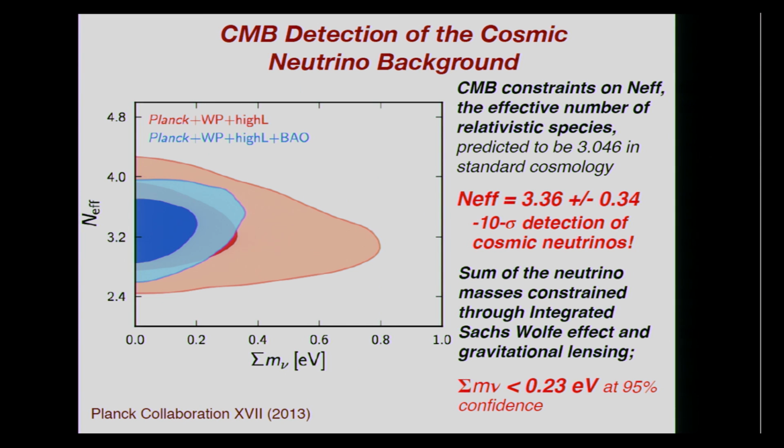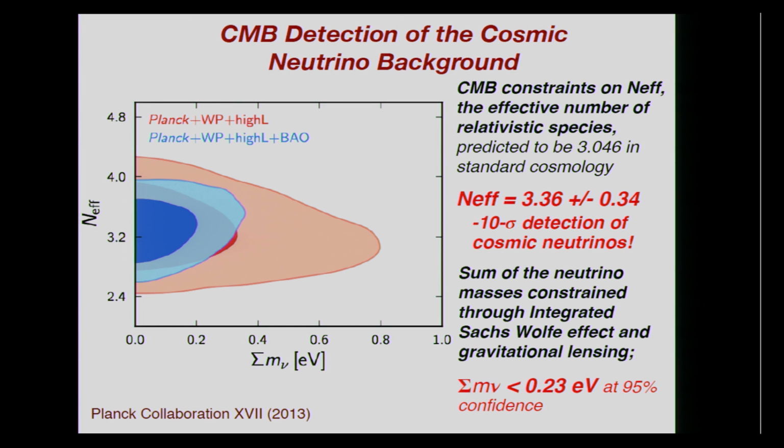And this is showing now the Planck constraints. We typically characterize the constraints with this N_eff parameter, which is the effective number of relativistic species, which we expect to be 3 from just 3 neutrino species, and there's a small correction to that from extra energy or entropy injection in the early universe from matter-antimatter annihilation. You can measure that N_eff